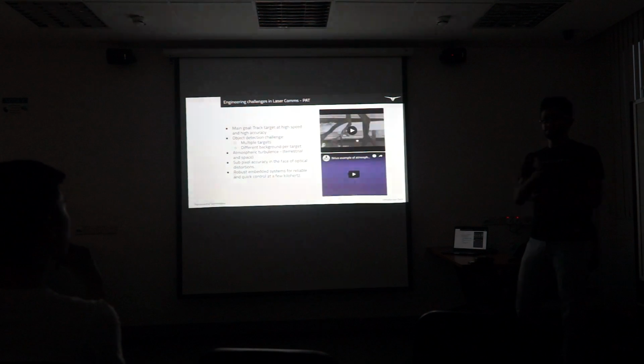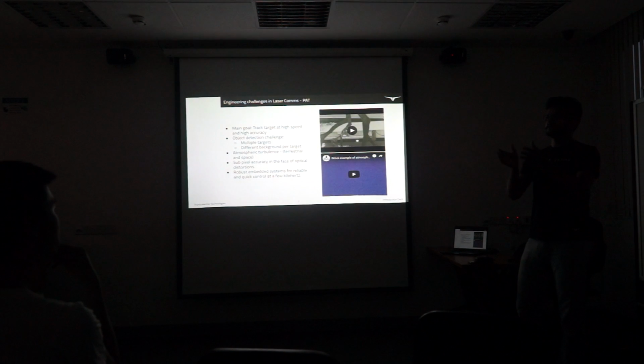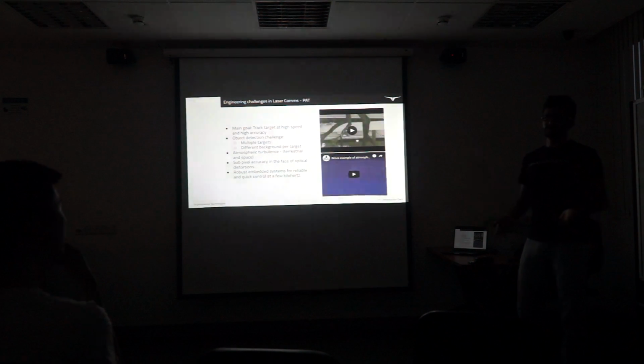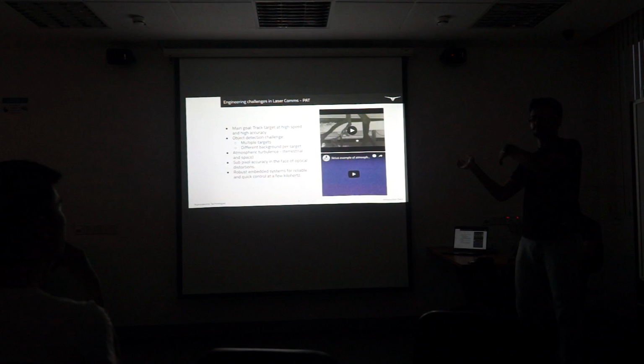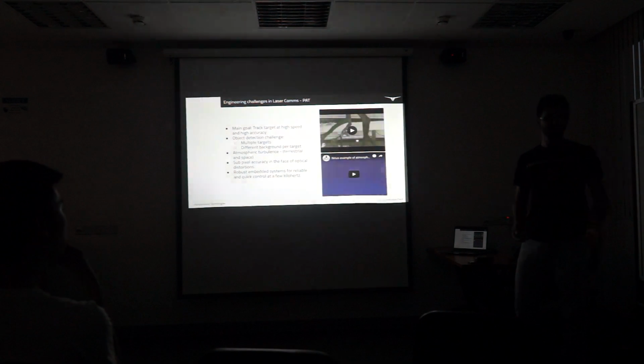Because like I said, if you need millidegree kind of precision, every meter matters. For example, if one device is on a pole on top of some really tall building, and a truck passes by, that pole is going to sway a bit. That swaying is going to translate to the beam wandering a few meters on the other side, and then you're going to lose the link. So the challenge here is to find out where the other guy is, point to it, and keep tracking the other guy to maintain the link.